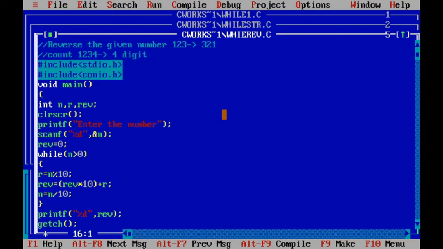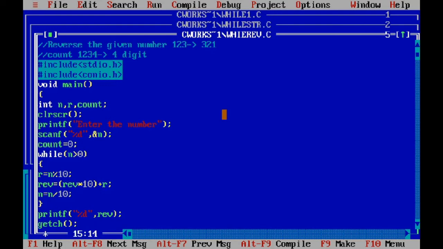Here you don't need this reverse number and this line. Only use one counter, set the counter equals to 0 and print the number of digits. So initially count is 0, so initialize the counter here. You can use any name, count.